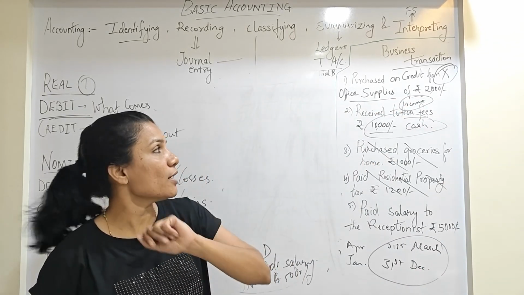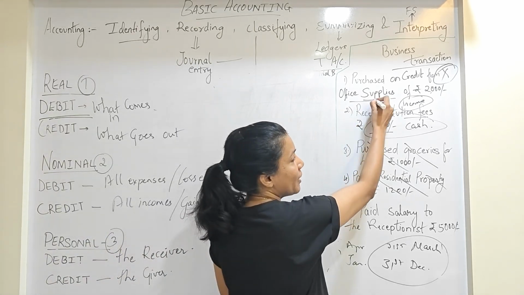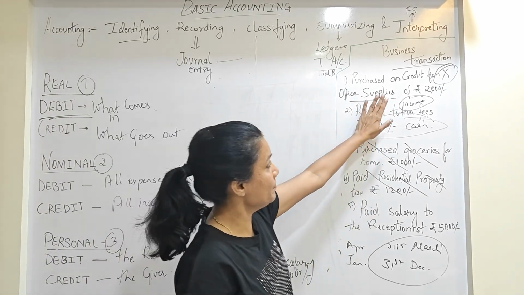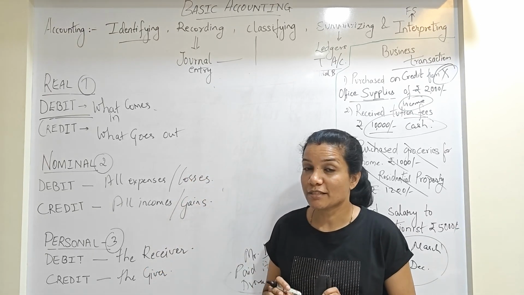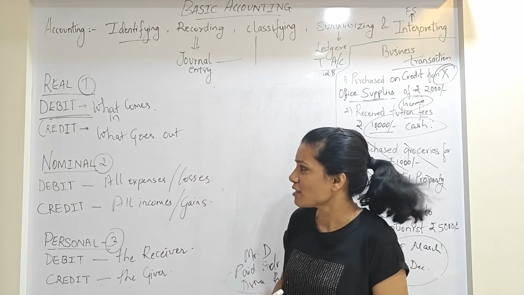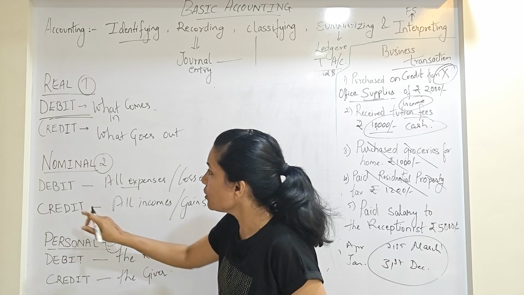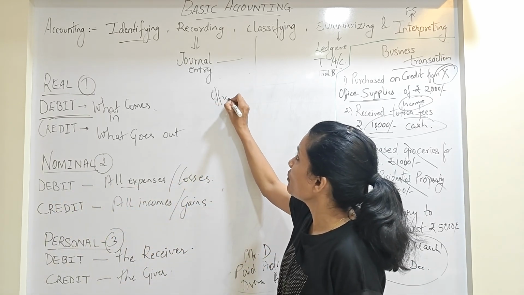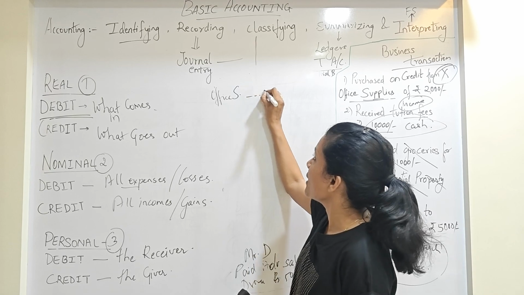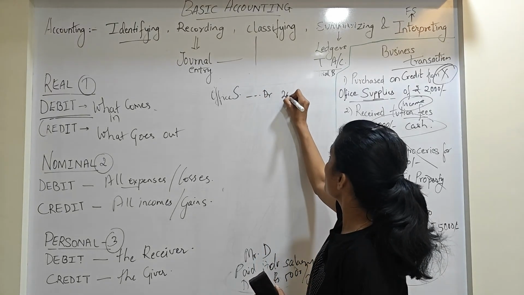Now here are two accounts that get affected. One is office supplies and the other one is Mr. X. Office supplies is an expense. Printing and stationery, it's an expense. So for expenses, what is the rule? Debit all expenses and losses. So the journal entry would be office supplies account debit 2000,